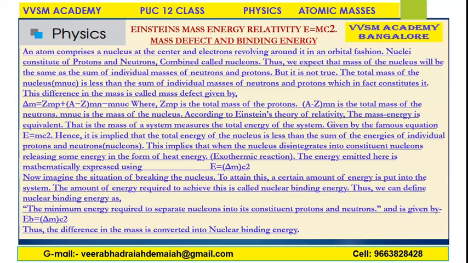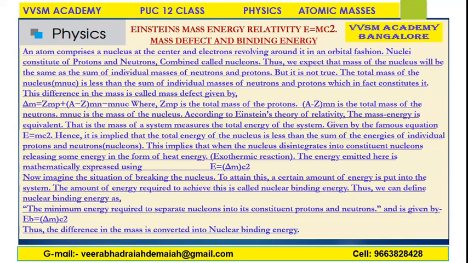A minus Z is the number of neutrons, Mn is the total mass of the neutrons, and M_nucleus is the mass of the nucleus. According to Einstein's theory of relativity, mass and energy are equivalent. That is, the mass of a system measures the total energy of the system, given by the famous equation E is equal to mc squared, where E is the energy, which is equivalent to the mass, and m is the mass,